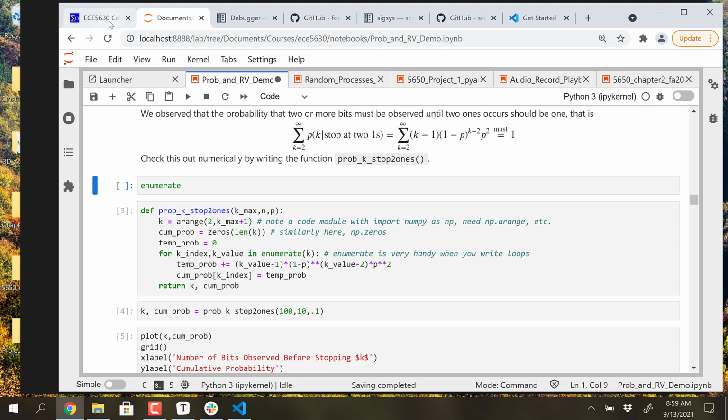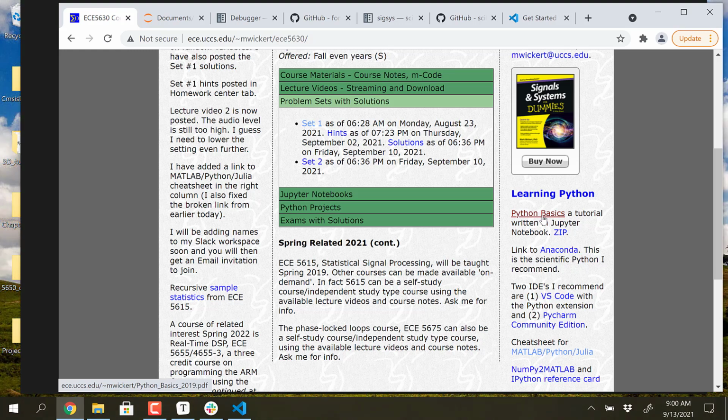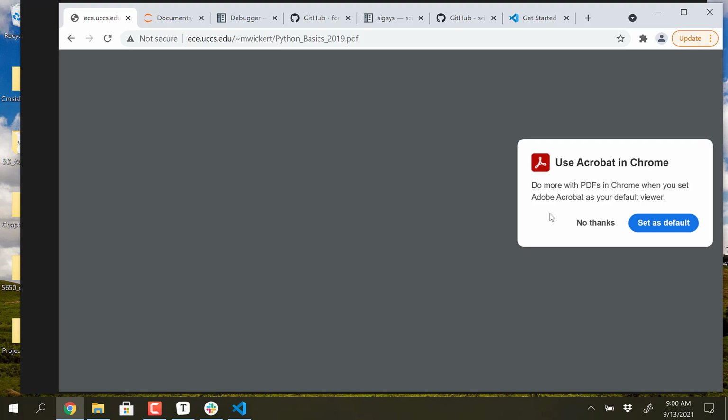And just a little sales pitch. This document was written for people new to Python, and one thing about how we use Python all the way through this class is I rely on your MATLAB background, assuming you started in MATLAB. If you didn't start in MATLAB and you just started in Python, then I'm saying stuff you don't need to know, but just in case. If you just start using Python with NumPy, you have all this great vectorization capability, and Matplotlib is very much like the graphics of MATLAB. So you're not really forced to learn much about Python at the very beginning, but pretty soon it's like, well, how do I do this or that in Python? So you need to know something about the language. So I wrote this document,